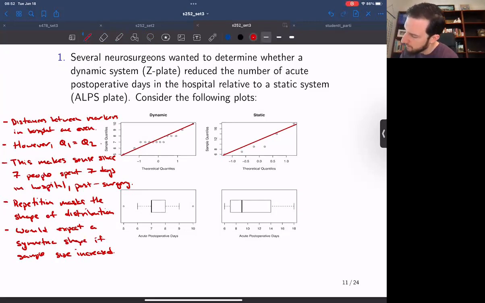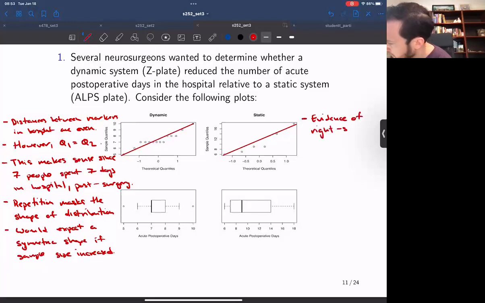On the other hand, when we look at the static system, in this situation, what we get is evidence of a right skewness. You can see that from the box plot,